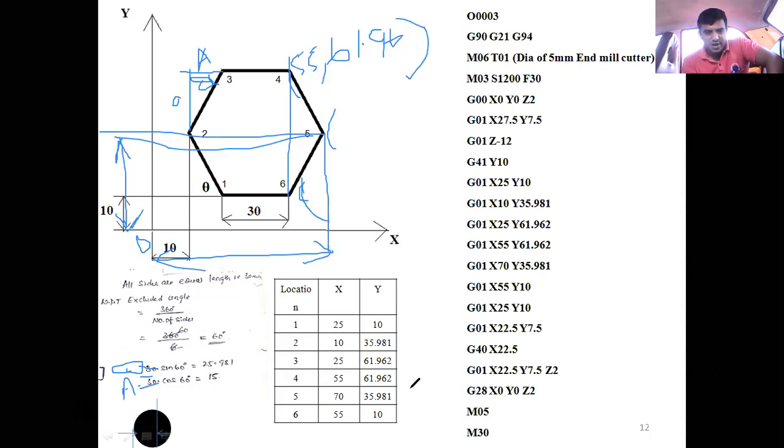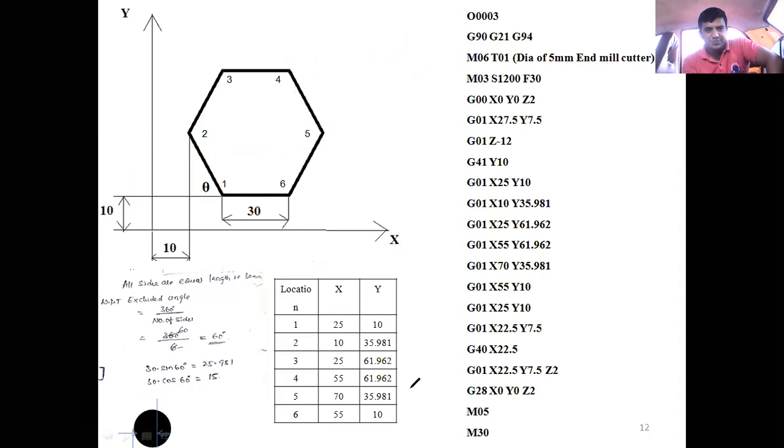Now you understand how to write the coordinates for this. See the table. Whenever a problem is given, read the problem once or twice. Write the given data. Copy the sketch. Then fix the horizon. You know how to fix the horizon: from the bottom, leave 10 mm and draw a horizontal line. From the extreme left corner, also leave 10 mm and draw a vertical line. The intersection gives the horizon. Then write the coordinates for each location, whether you move clockwise or counterclockwise, depending upon the programmer. Then write the table containing the coordinates for each location. Then go for writing the part program.